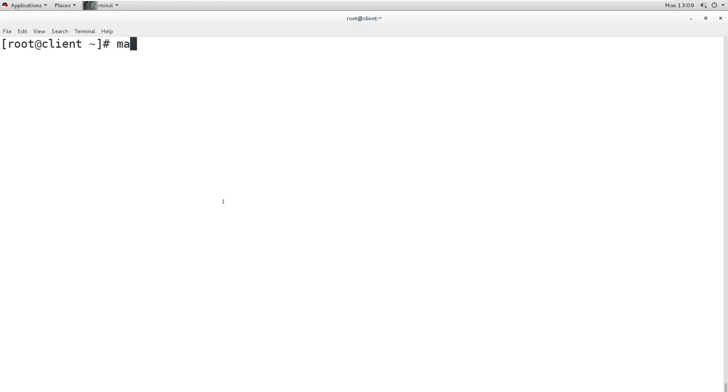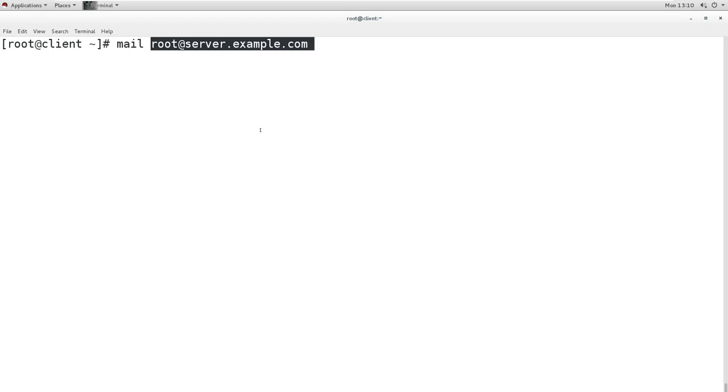So I will use the same mail tool, mail, for the other machine: root at server.example.com. So I am giving the email address of the root user of that server machine, and I am trying to send the mail to it.